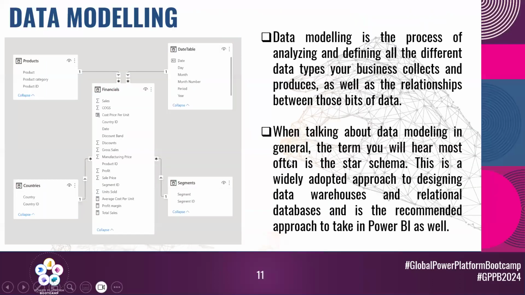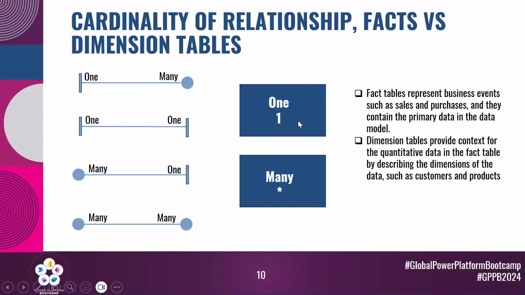Let's move fast. I have to go back to that Excel file now because of what I'm about to explain here. So here's what we call cardinality of relationship. We've talked about fact and dimension tables. That one is clear to us now, I believe. Now let's talk about cardinality of relationship. We have two types of cardinality of relationship: the one cardinality and the many cardinality. What do I mean by one cardinality and what do I mean by